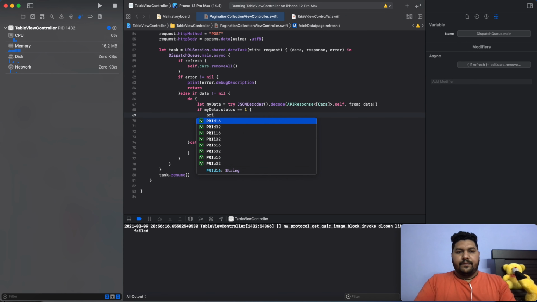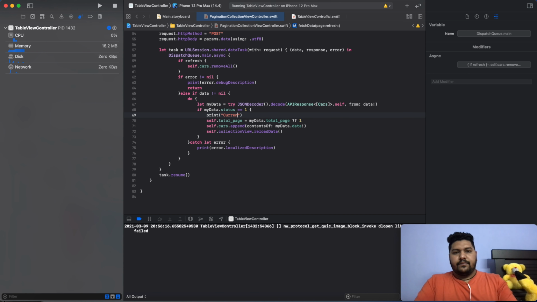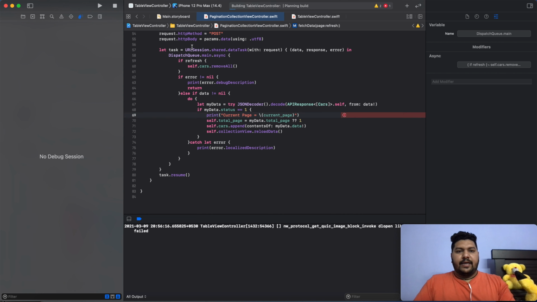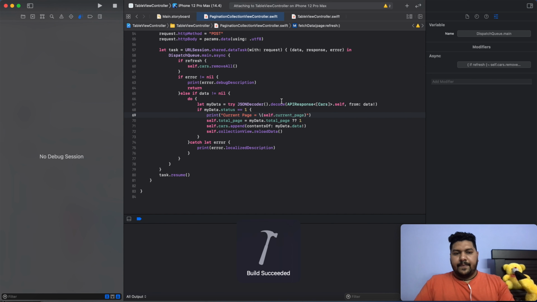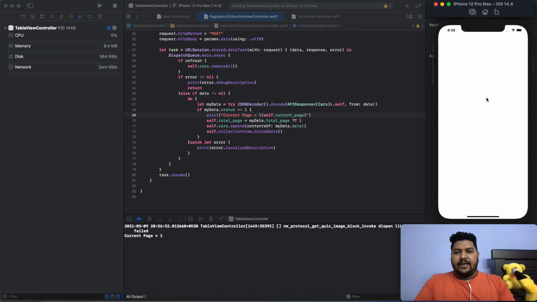If you would like to see the output, here I am printing current page equal to self.currentPage. Now again I am running it and seeing the output.